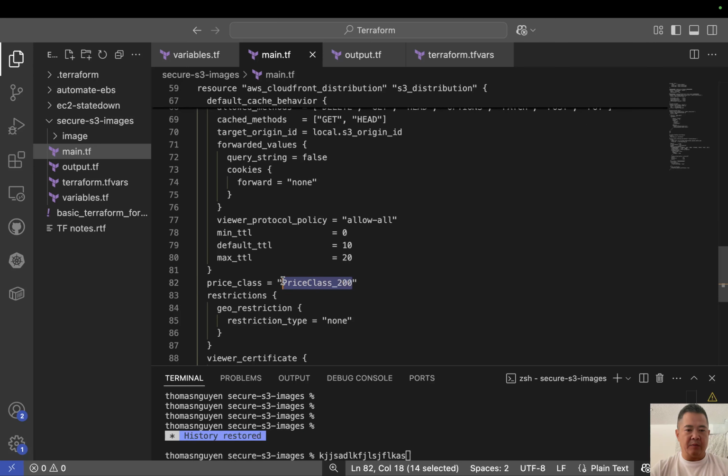Price class 200, basically that's medium range. Price class 100 is to use the least expensive, most cost effective regions. Price class 200 is to use the medium range regions that serve traffic faster than price class 100. And then if you were to say price class all, that means it's going to be the more expensive option. It means CloudFront is going to use all of its available edge locations, whichever location serves traffic fastest to you,